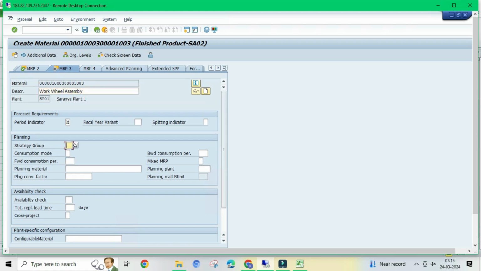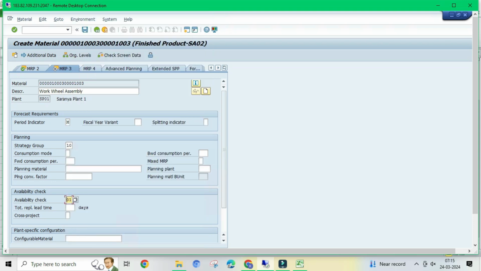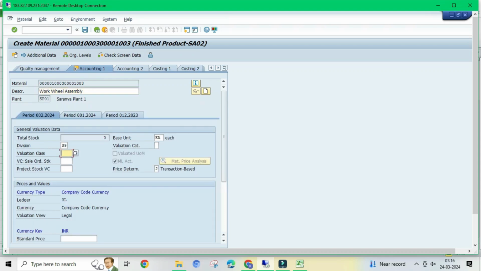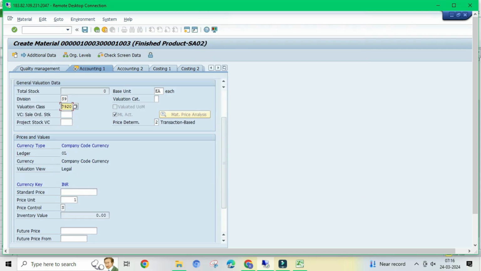So strategy group we need to enter 10, make to stock production. Then availability check we need to enter 01, daily requirement. Then enter. So already we entered plant and storage location. Then go to enter. In valuation class we need to select 7920 finished product. Then price control yes, standard price. Enter the standard price column, material price